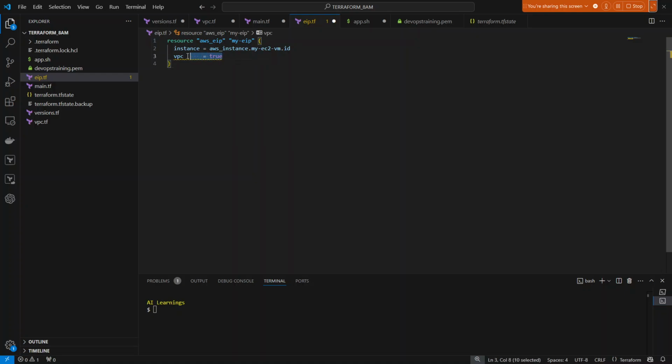But this one is there, vpc is equal to true. If you provide it, okay; if you do not provide it, also okay. That is in the old version, vpc is equal to true. Now in the new version, it's not required. Now I have to write the depends_on meta argument. This is my meta argument. My meta argument is depends_on